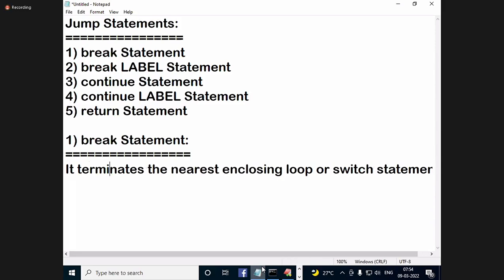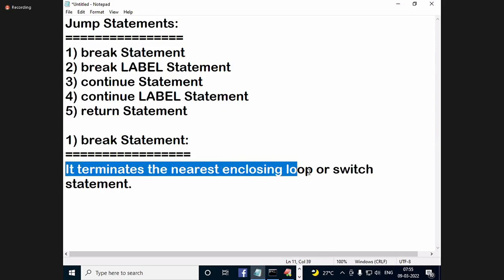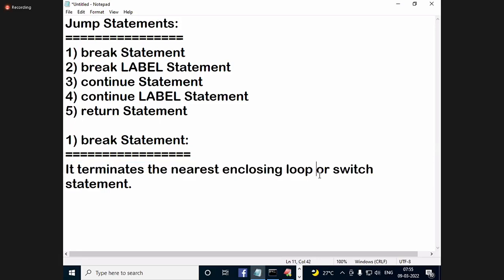Whichever loop is nearest, that loop is terminated, or the switch statement is terminated. But the switch statement I haven't explained yet. Switch statement we'll see later. Nearest enclosing loop, that I'll explain. It terminates the nearest enclosing loop. Switch statement concept later.